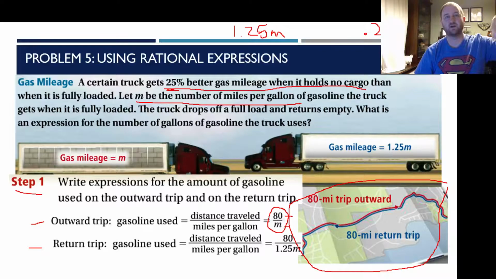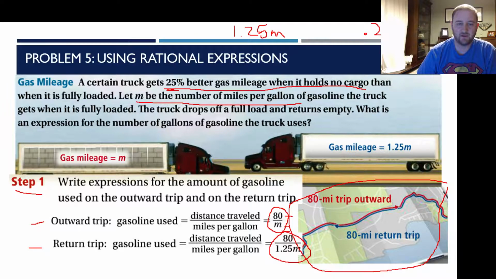It's getting 25% more miles per gallon. So again, we're still doing 80 miles on the trip back, but now our gas mileage is 1.25 M miles per gallon. Okay, now to get the total number of gallons that's used, we're going to add up 80 over M plus 80 over